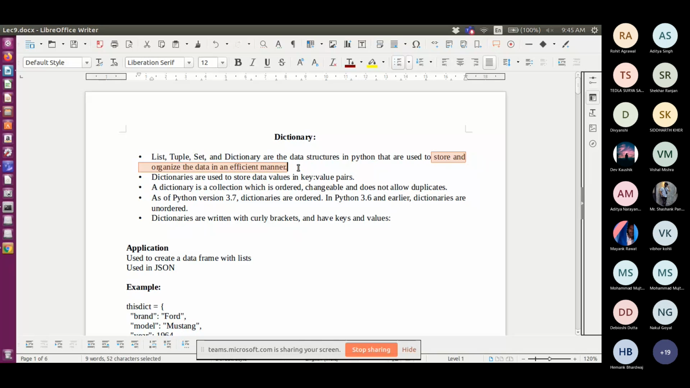So this is quite different from the list, tuple, and set. What is the difference here? It is used to store key value pairs. See, I'm highlighting this: key value pairs. Clear? And one more thing, a dictionary is a collection which is ordered and changeable, that does not allow